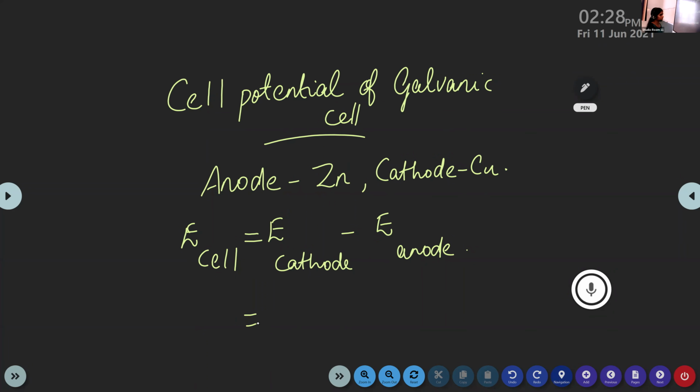Adul, can you tell me the equation for calculating E cell of Cu2+|Cu minus Zn2+|Zn? There is a small mistake there. In the case of anode, you should write metal first, then ion. Okay, that's it.